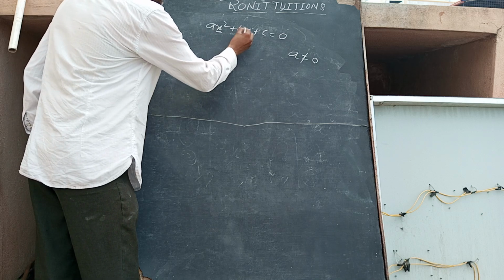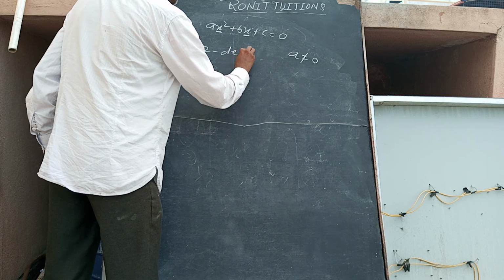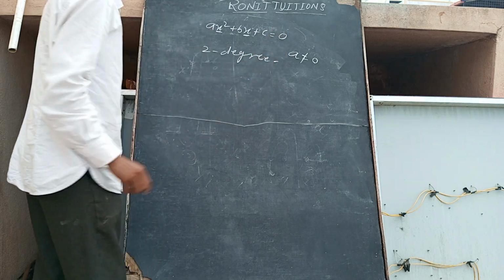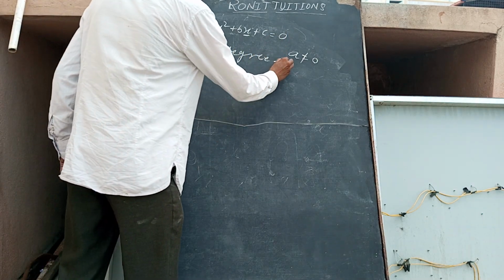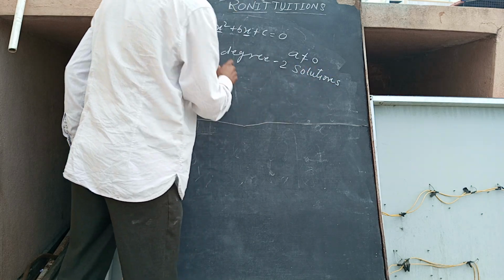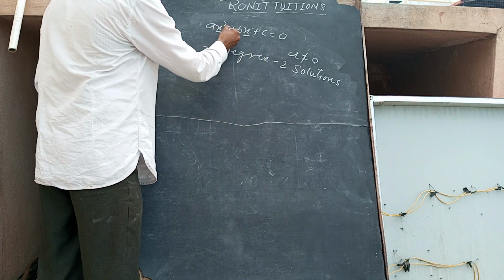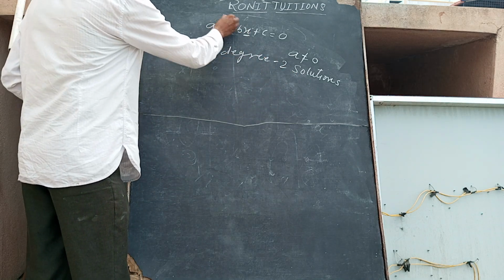First one we are finding the values. So how much degree is it? 2 degree. And already I said a 2 degree polynomial has 2 solutions. 2 degree polynomial has 2 solutions, one for the x and this one, and one for the here. Because of that, these two are there.